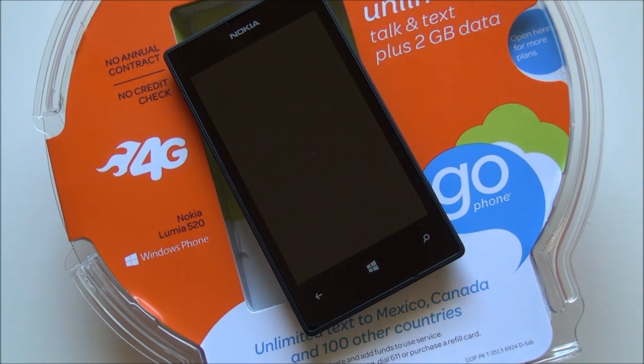I just want to give you guys a quick look here at the AT&T Nokia Lumia 520, part of the Go Phone plan. That's prepaid / pay-as-you-go, depending on how you want to do it. It's new to AT&T, just came out last Friday. The phone goes for $99. That's completely no contract. That's the actual cost of the phone. If you have $99, you can pick this up, walk out of the store, and it is yours. And hopefully it'll give Windows Phone at least a boost in the low-cost